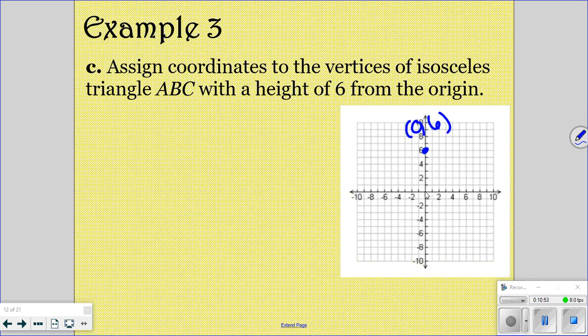And then it could be a right triangle, an isosceles right triangle. And so that could be one option. That's an isosceles triangle with a height of 6 from the origin. Another option